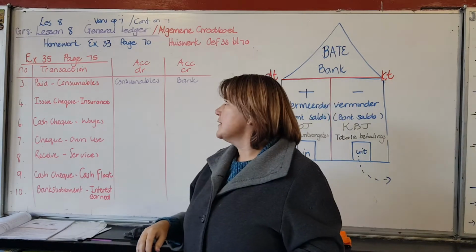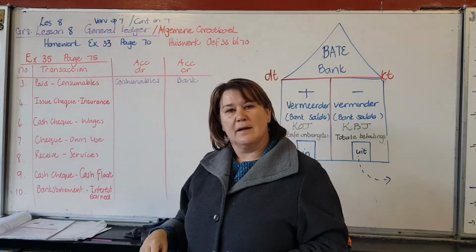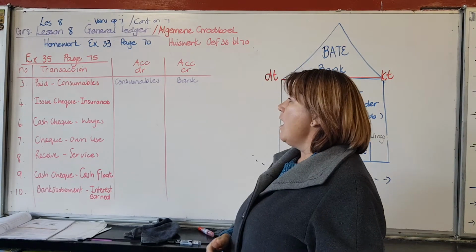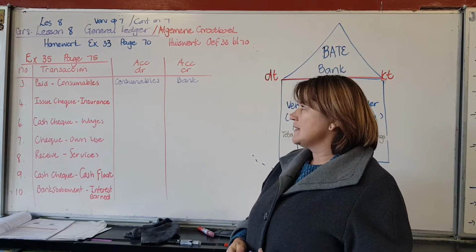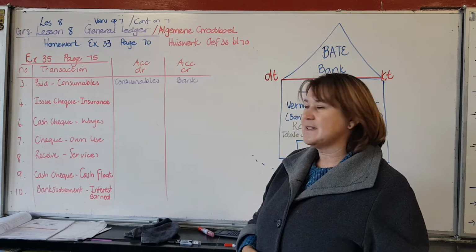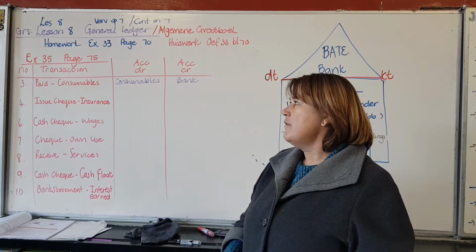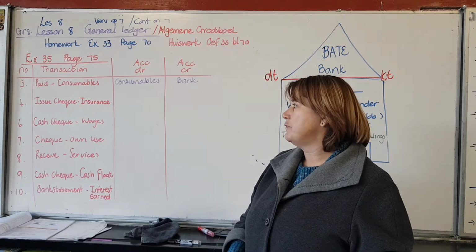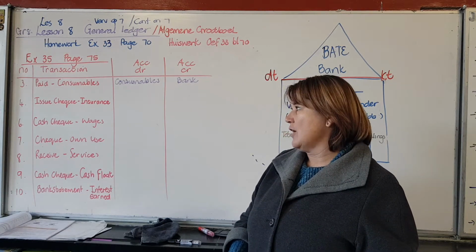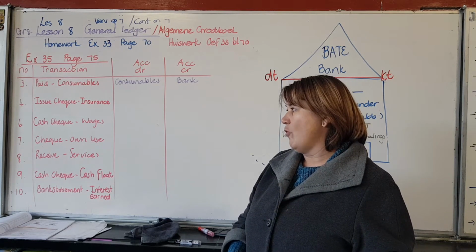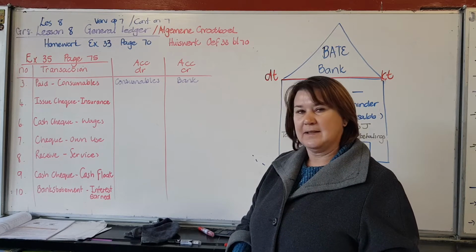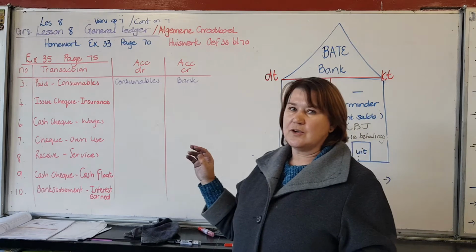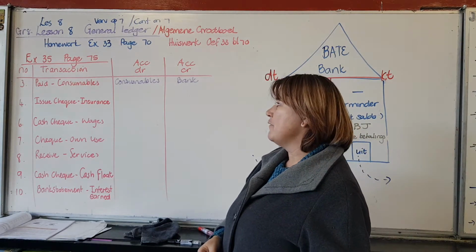Okay, boys and girls, still the homework of the previous lesson 7. This is now exercise 35, page 75. If I remember correctly, I've done number 1, 2, 3, and 5. So I should actually only do then 4, 6, 7, 8, 9, and 10. All right. So I've written 3 there so that you can just see if you paid,